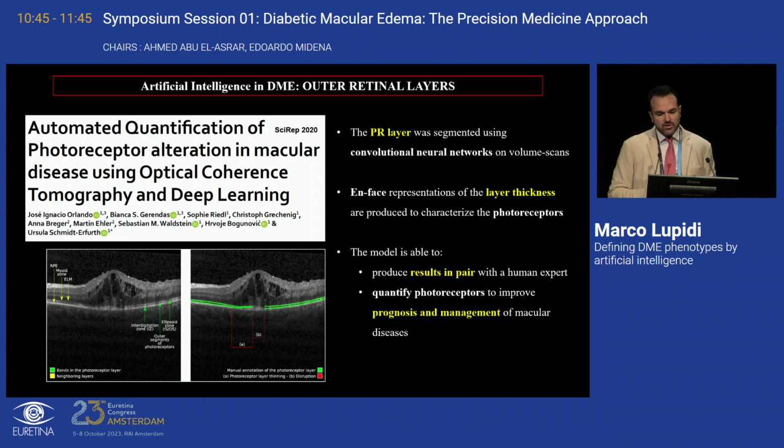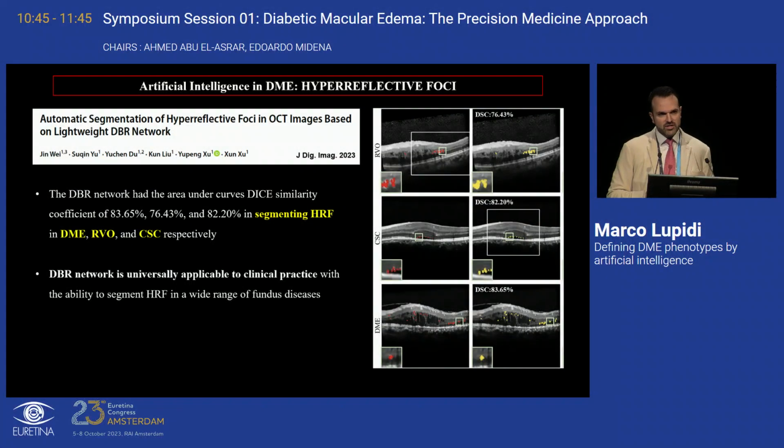Also, the photoreceptors were evaluated by AI, and convolutional neural networks were useful to segment and quantify the photoreceptors, producing reliable results on one side, and on the other side, data that might be useful to evaluate longitudinally the patient and the prognosis, the visual outcome of the patient itself, along with the treatment. Some biomarkers, some specific findings are much more difficult to define, and this is the case of